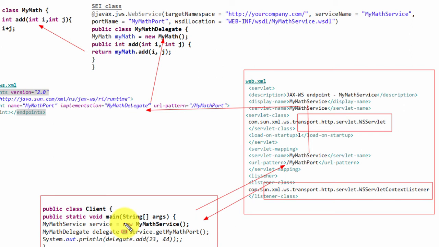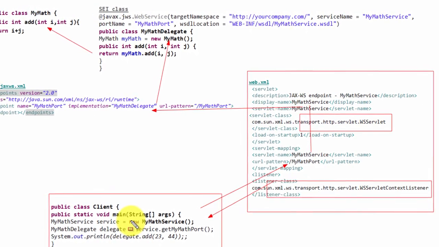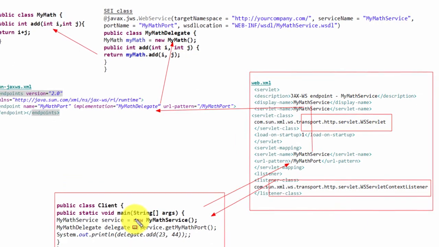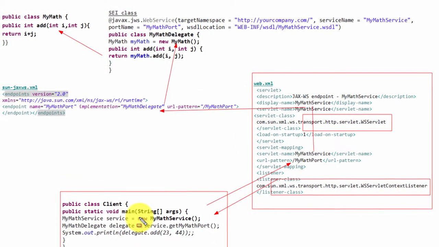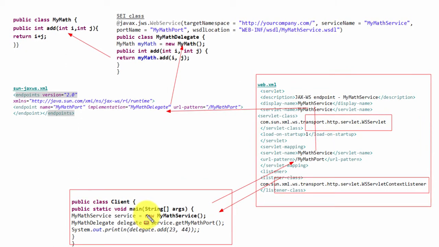At the end of this example, we have the web service created and the web service client also created. The web service will be running in a remote location. The client will be running in another location. They might be using the same technology or different technology. The communication happens through SOAP. SOAP request goes and SOAP response comes back.